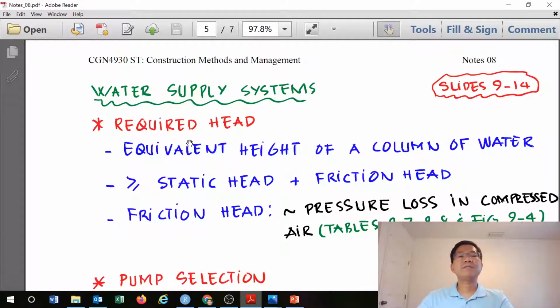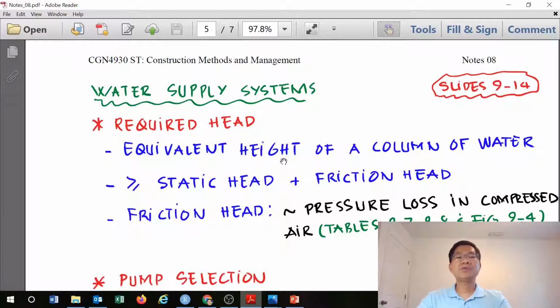So in that system, same as fluid mechanics, we talk about the head instead of pressure drop in compressed air, which we talked about in the previous lesson videos. For water, we talk about head. To maintain the required head so that the water can be pumped out or provide enough pressure for use, the equivalent height of a column of water is defined as the head. What is the equivalent height of the column of water? And to